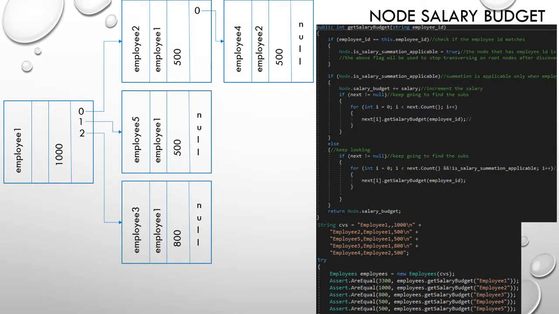Employee 3, we are going to pass 3 over here, employee 3. When we pass that, we are going to start afresh again over here. In this case, this is not employee 3, because this is false, drop down, summation is not applicable. If it is not applicable, we are going to go to the else part. Our for loop,